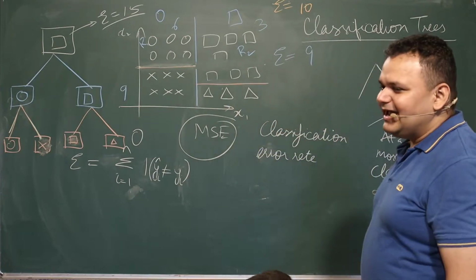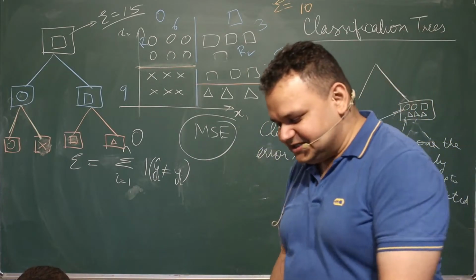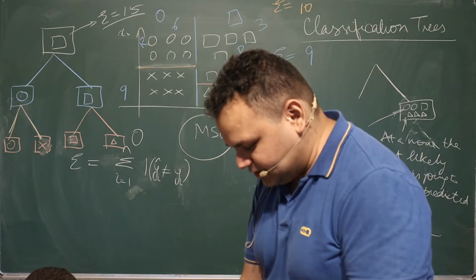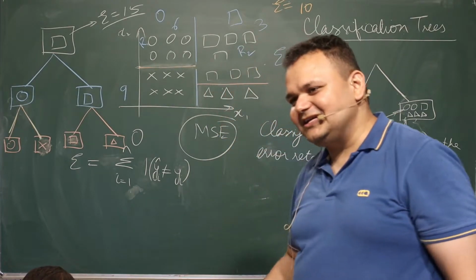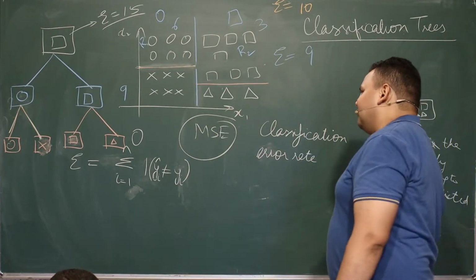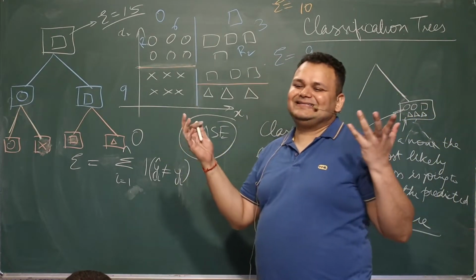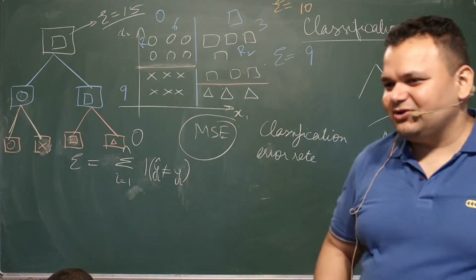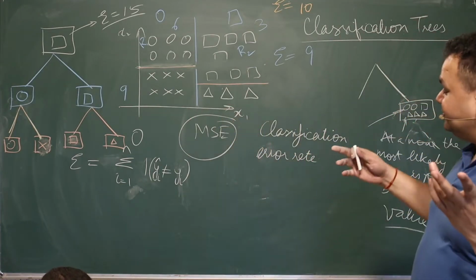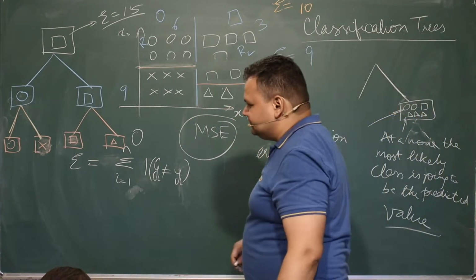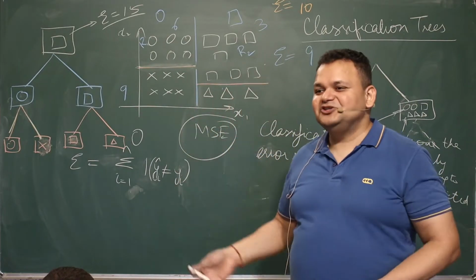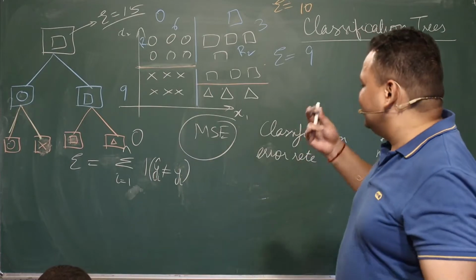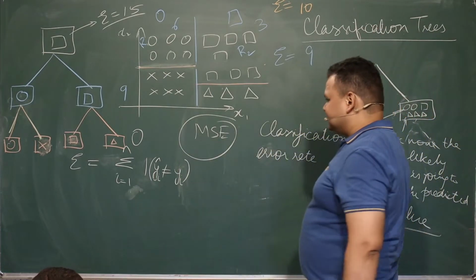Okay, and again you have some kind of constraints that you put in, as you put some constraints in your regression tree. Similarly, you can put some constraints on these kinds of trees, that you cannot have less than maybe 5 data points on a node, or maybe another kind of constraint that the total number of leaves in your tree cannot be larger than something. Okay, so that is the basis of this.